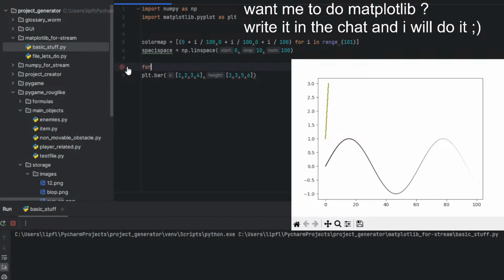And then while true, or for e in range, for e in space.